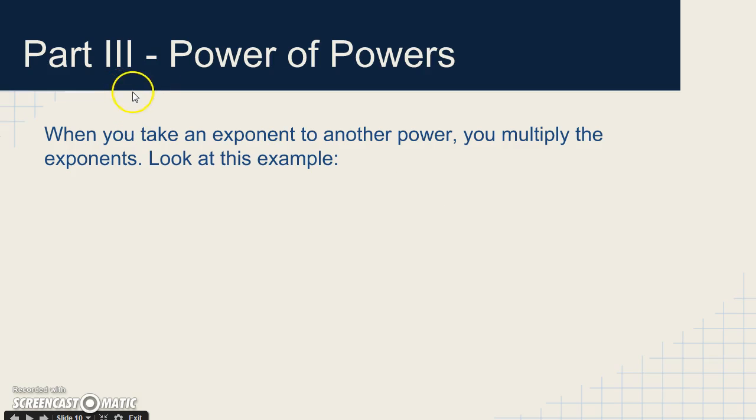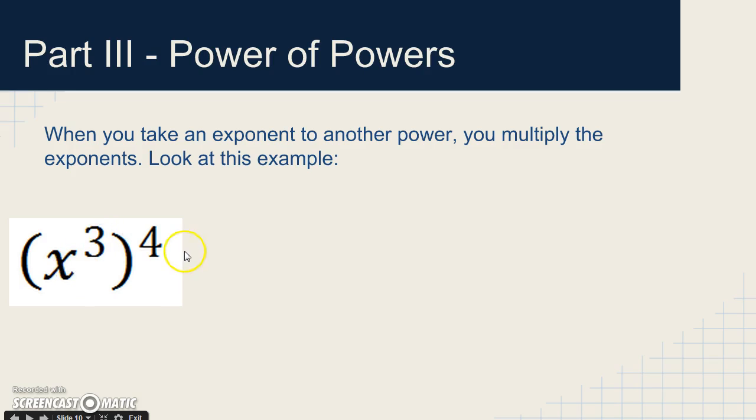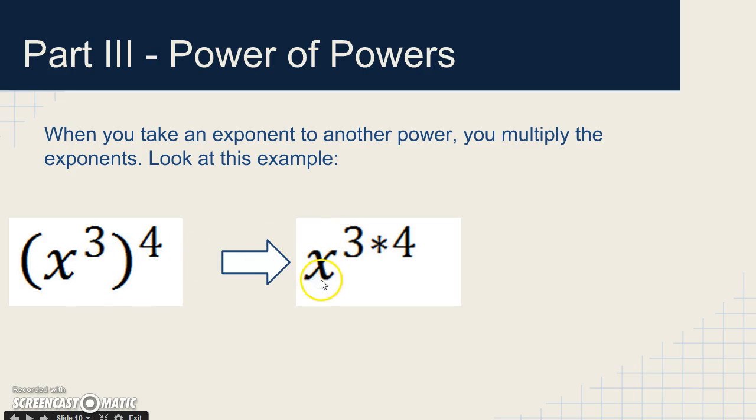Now, part 3, power of powers. Okay, so when you take the exponent of another power, you multiply the exponents. Okay, again, confusing, but look at the example. Let's say we have something like x cubed to the 4th power. Okay, so x to the 3rd to the 4th power. Well, what I would do then is I'm going to multiply the exponents. So x cubed to the 4th becomes x to the 3 times 4 power. And 3 times 4 is, pause, very good, x to the 12th is what we end up with. Okay, now,